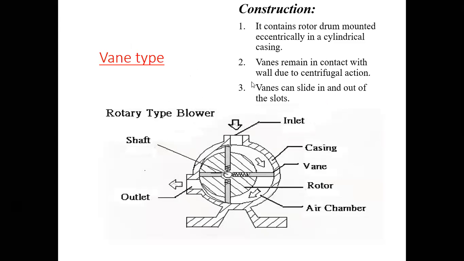In a vane type compressor, again there is one casing, with an arrangement for the suction air inlet as well as the air outlet. There is a drum provided over here which is eccentric with the casing. Suppose this casing has its center somewhere here, then this drum, whose center is over here, will be eccentric with the casing. Now this drum is rotated with the help of some prime mover, it may be an electrical motor, and there are some slots inside the rotor. Such slots are provided inside the rotor.